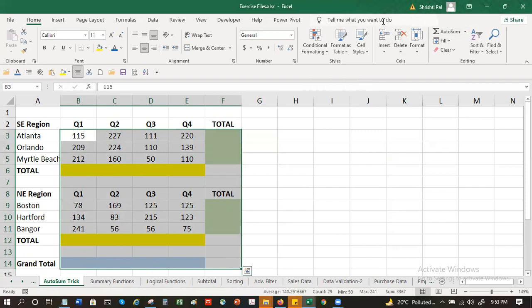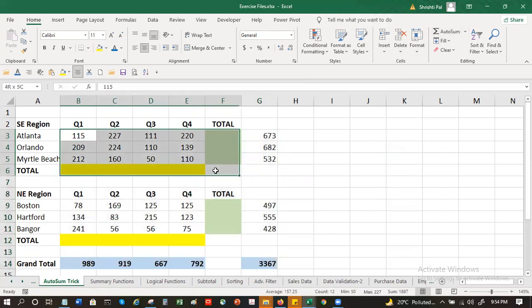So if I now do it this way, it will only take this much. When I go this way, so you actually have to do it 3 times. Once this, once highlight this and do auto sum.